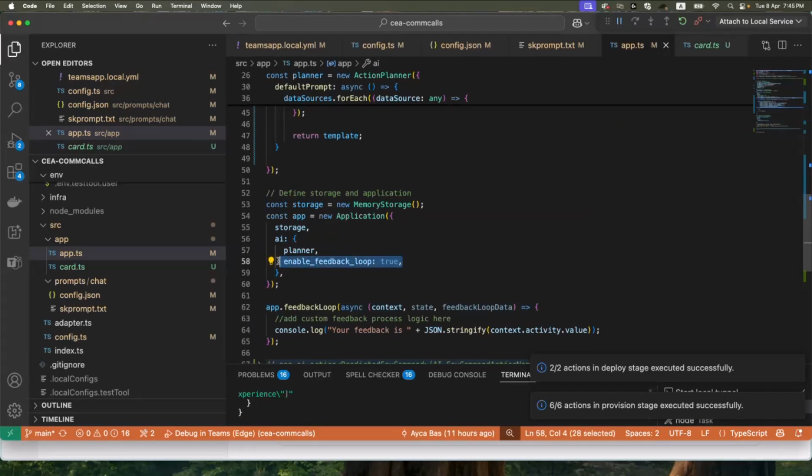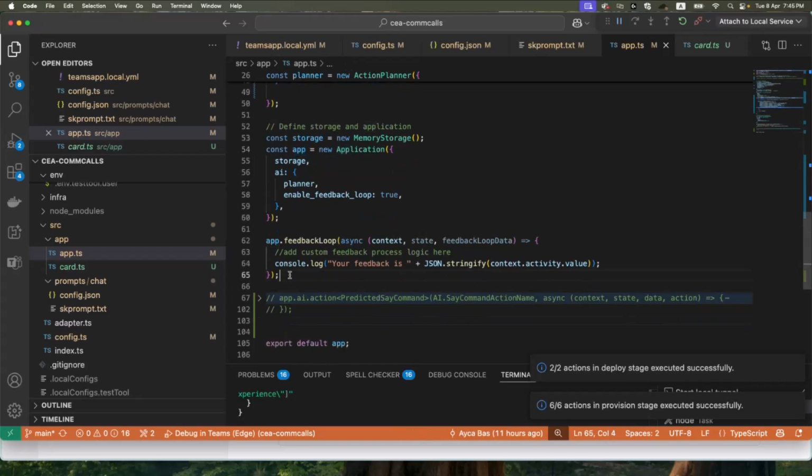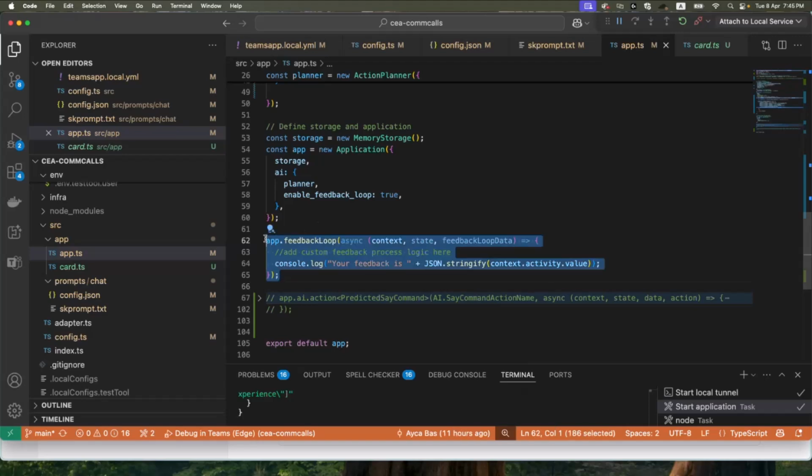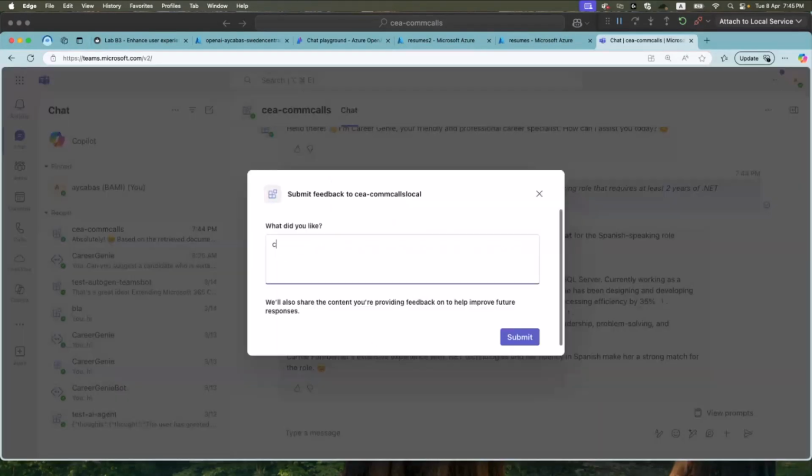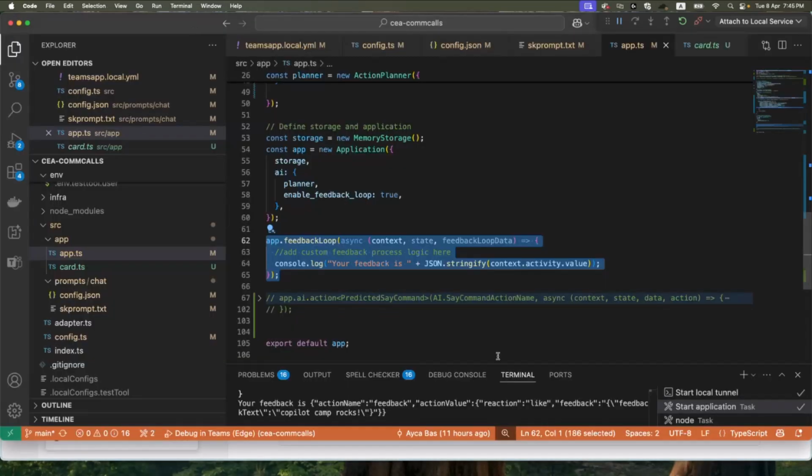already in our app. So that means that if we want to retrieve or send something using thumbs up, thumbs down, we are able to do that. I'll quickly test that for you. And submit. So this should give us something in the output.